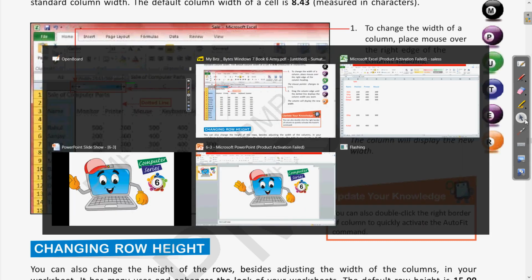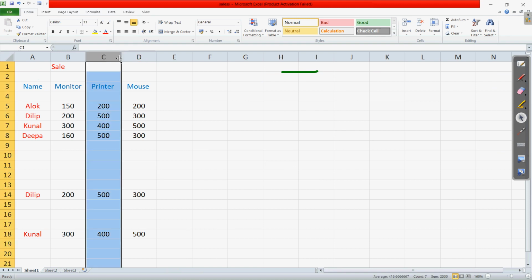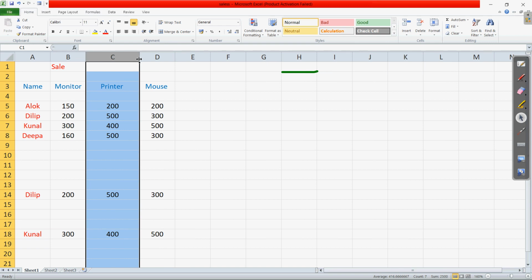Suppose I want to increase the width of column C. When I click on this and come to the edge of column C, you can see the cursor changes to a double sided arrow. Now click on that and drag to any position. Clear?